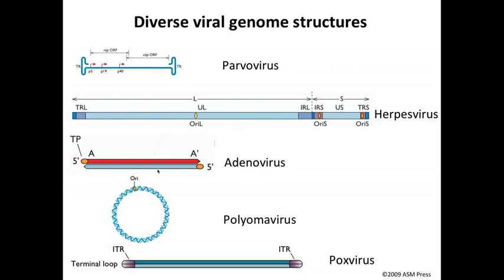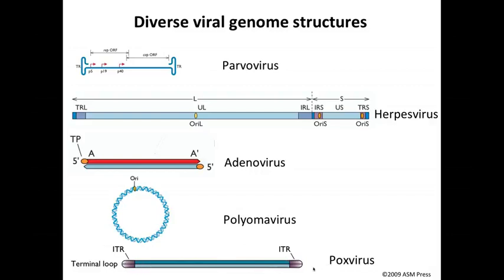Adenoviruses are also double-stranded DNAs, linear molecules, a bit smaller than the herpes viruses. And then we have double-stranded DNAs that are in circles, the polyomaviruses and the papillomaviruses. And finally, the pox viruses, quite long double-stranded linear DNA molecules, but the ends are covalently linked to form a